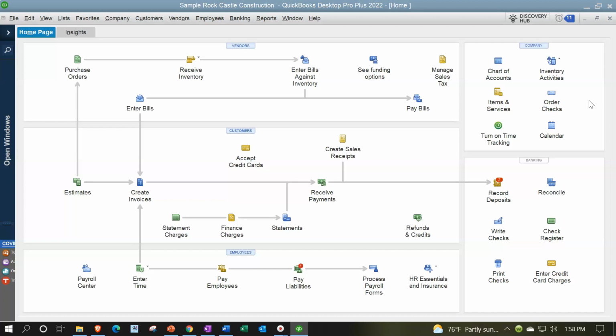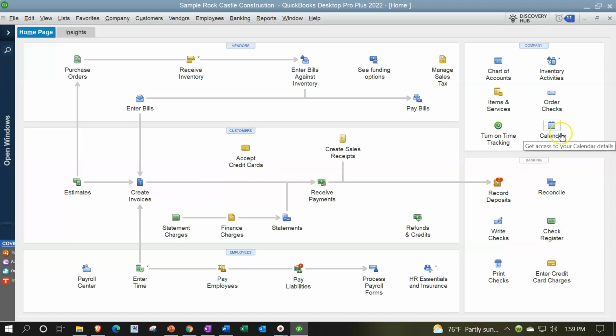And that's just the way it has to be. You can't print a check on a blank piece of paper. So you've got to buy the physical checks and then enter the checks, so you can go through that process there. Turn on time tracking, which is a feature within QuickBooks that can help us to track the time and then use that tracked time either to do the payroll information and/or enter that time tracking if we set it up as a billable item to be billed in the invoices, for example,